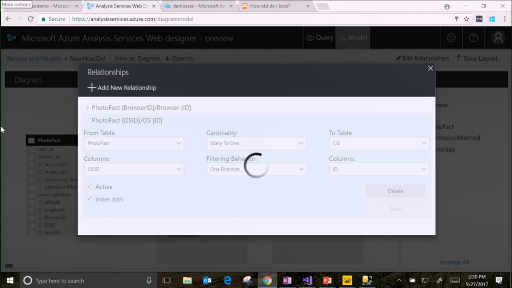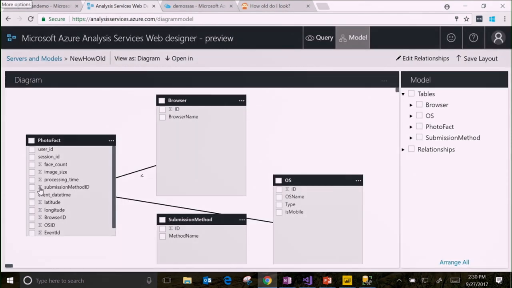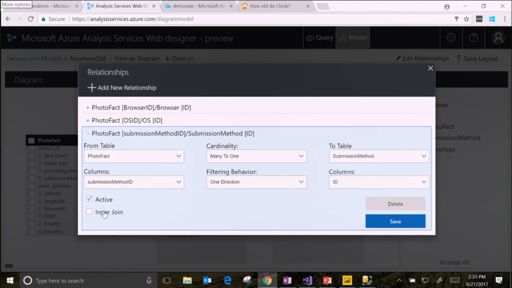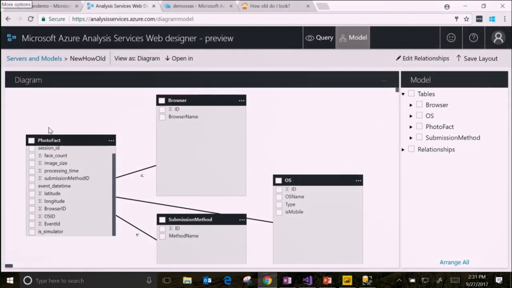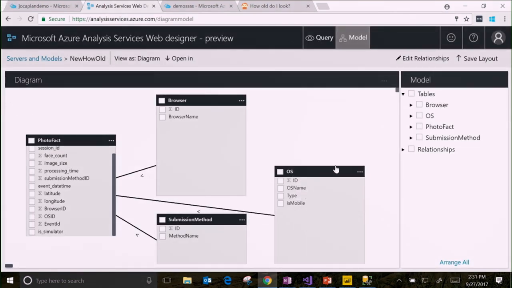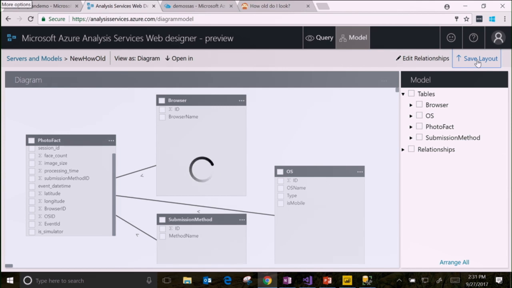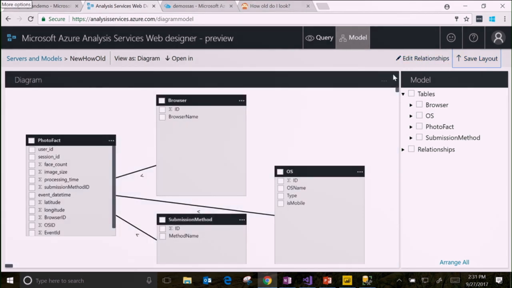And the last one will be submission method ID, or really ID, and save it. If the relationships were in the database, we would have brought them in for you automatically. Once you get a layout you like, you can go ahead and save that layout so you can revert back to it. I've often come in and I'm trying to troubleshoot a relationship, and it's really hard with